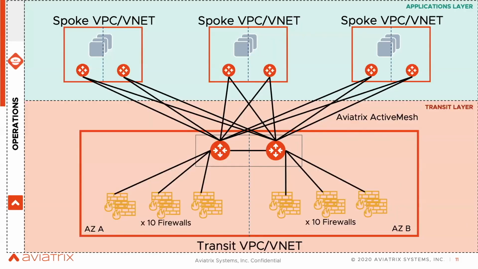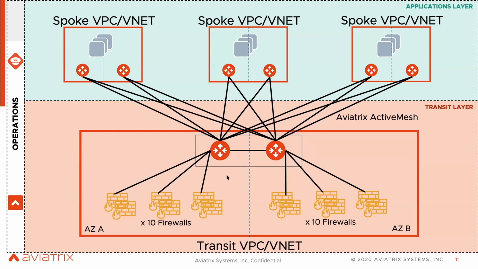So when you look at this architecture, this is how it looks. You see a lot of black lines here, right? You see these transit gateways here, and then you see Spoke gateways sitting in two different AZs. They're running these lines, which are basically active mesh, right? Because all these gateways are active-active. In the diagram, it looks like this, but in the controller, when you look at it, it's just one line between the VPC and transit VPC, right? So with this type of architecture, now we are eliminating all these issues or challenges that I showed you in the previous slide.